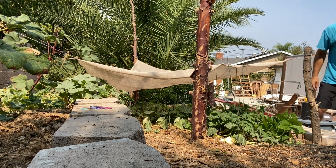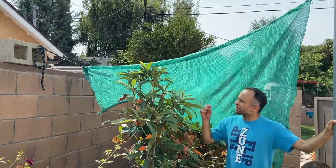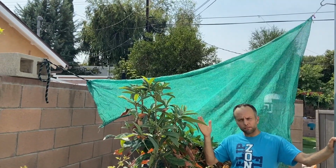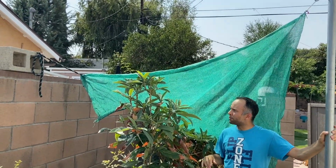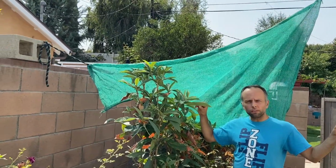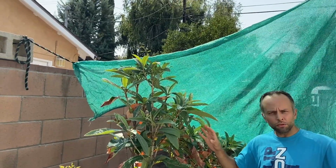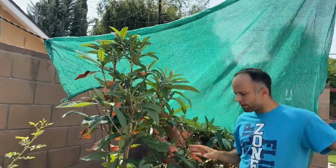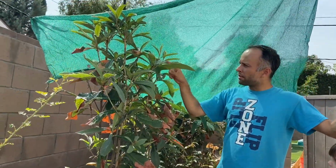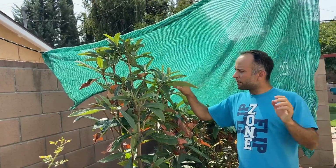Not only your garden plants need shade, some trees also need some shading because they may get really sad during the heat of the day. So this is a loquat tree, which is actually pretty sturdy and very resistant to the sun, but it's a young tree, very young tree. So I put this shade here because the top branches, the new branches that are coming out of the tree,